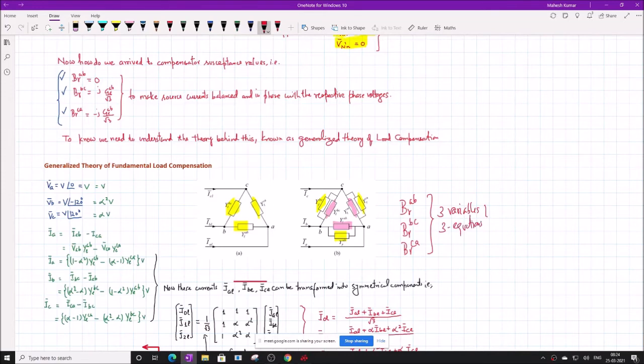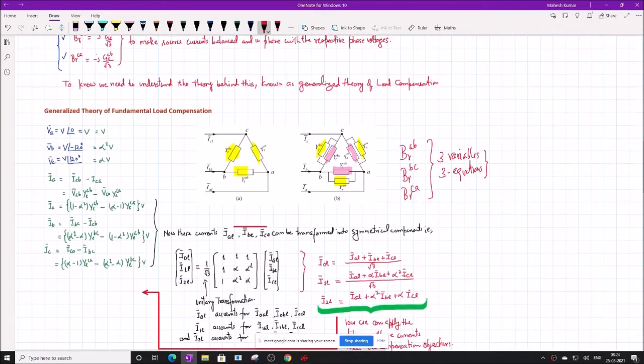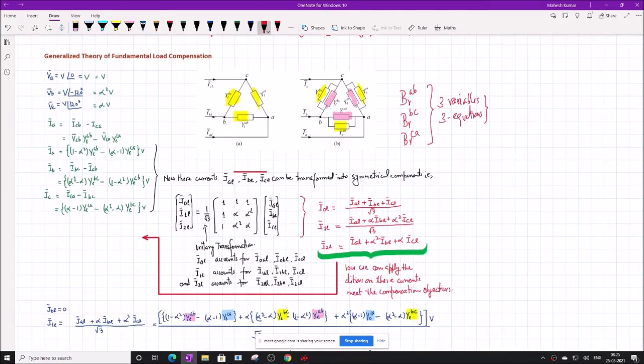These three equations will come from three conditions. In fact, they will come from two conditions also. So we need some compensation criteria or objectives, and based on these objectives we will form some formulations. What are these objectives? We will try to see that. The first thing is that we would like to express these voltages and line currents. This I discussed in the previous class also, that we can express the voltage like this. So we have balanced voltage in this particular case, and the load currents are unbalanced because we have different impedances and different phases.